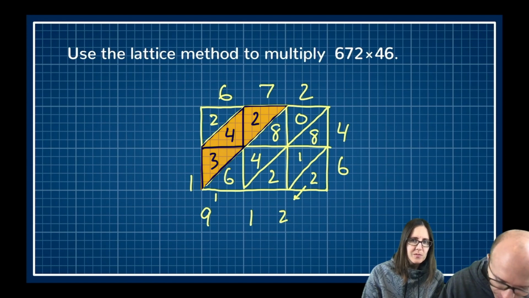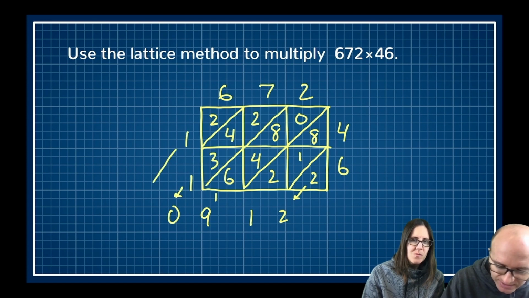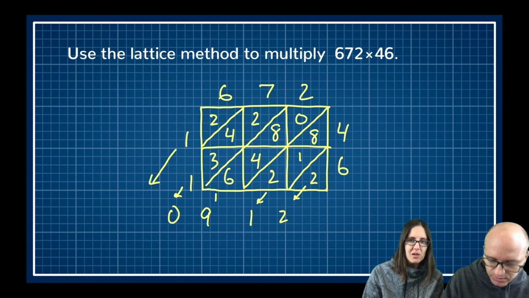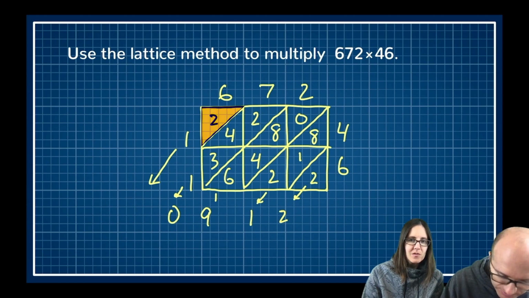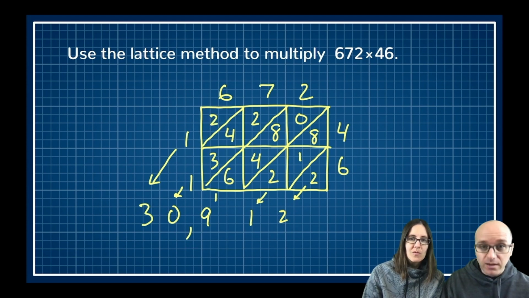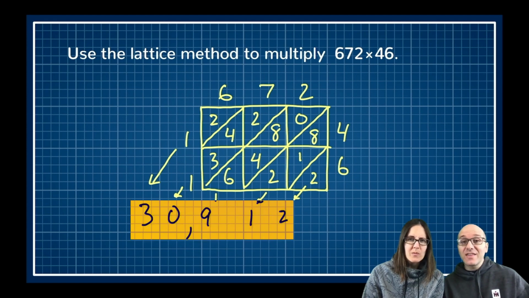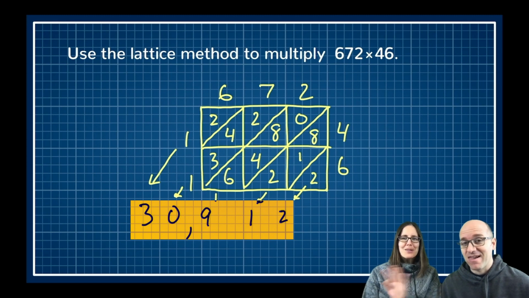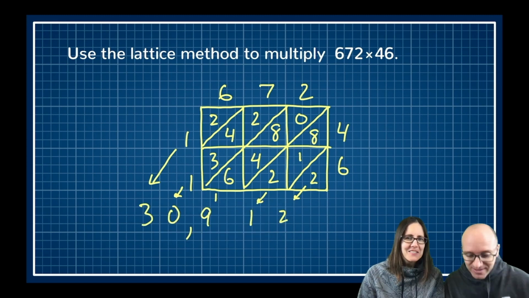2 plus 4 plus 3 plus 1 is 10. Yep. Okay, so I'm going to put 0 here, carry the 1, and we're just adding down in this direction each time. And then we get 3. All right, and 2 plus 1 is 3. I'm going to put a comma there, and there's my answer. 30,912. Serious? Okay, I'm serious. How does this work? How does this work indeed?